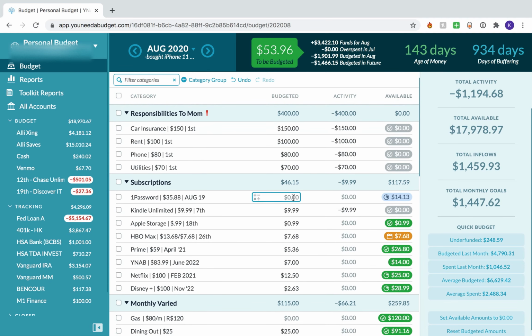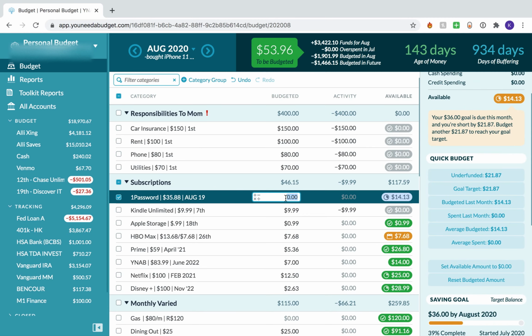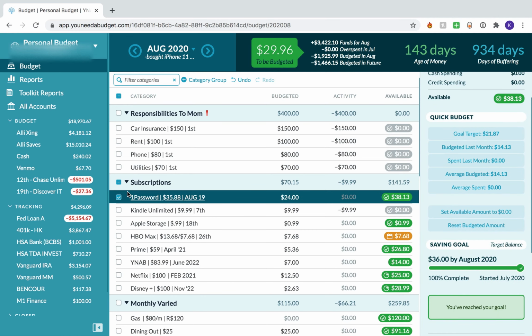And then I'm going to come up to this 1Password category. So I mentioned this again in my last video. I've been using 1Password. I've started using it a lot since the beginning of August, and I do like it, so I really want to purchase something like this, but I don't know if I actually want to pay $36 a year for it. So I'm going to budget. It should cost $35.88, but after taxes, I'm not really sure what that's going to look like. So I'm going to put $24 into this category, so I have $38.13